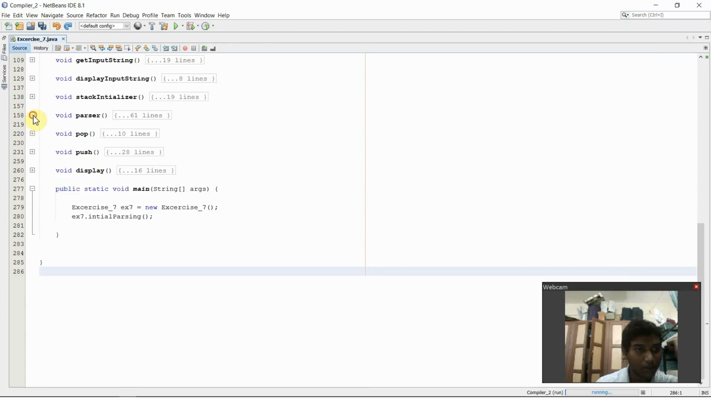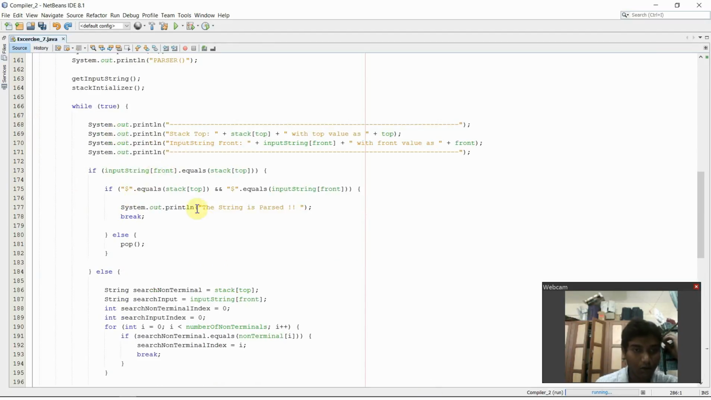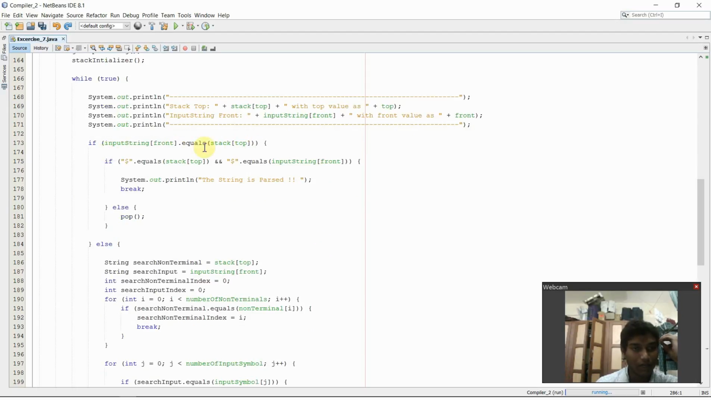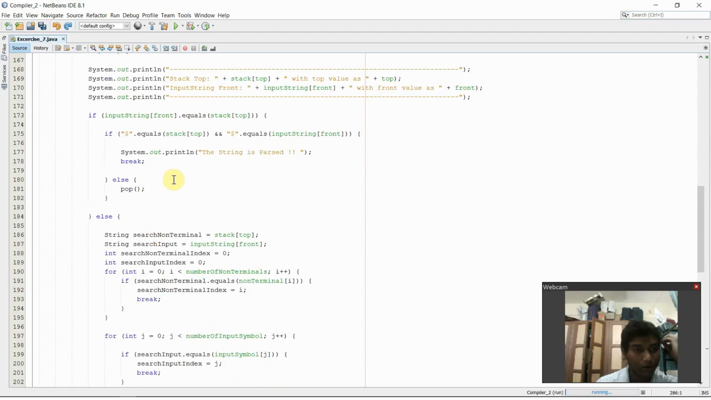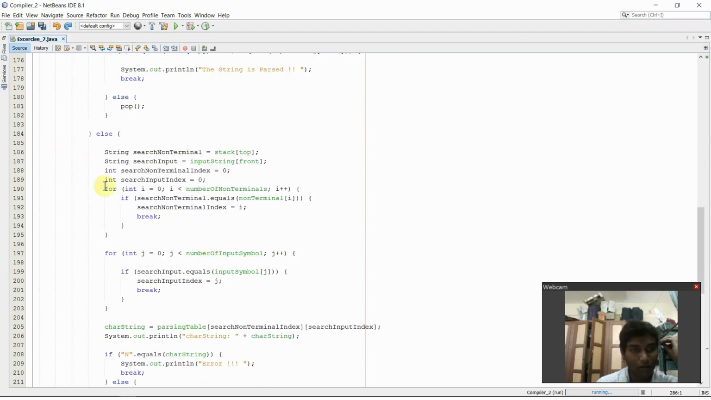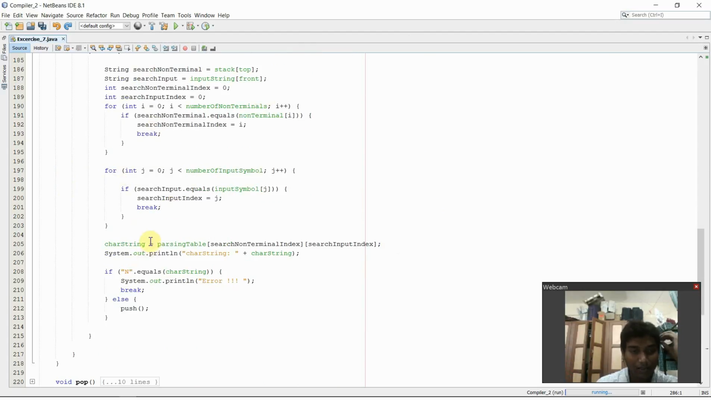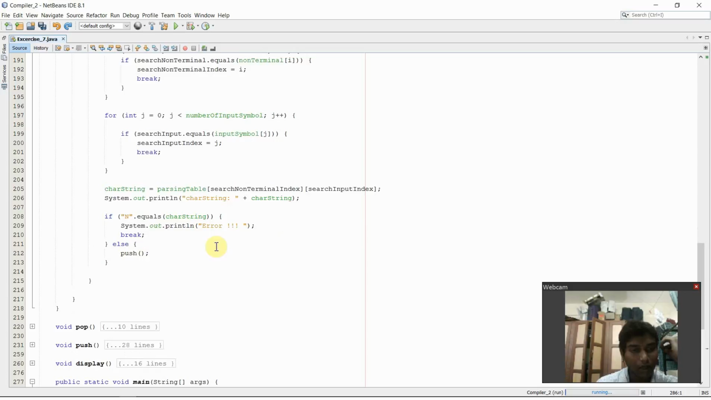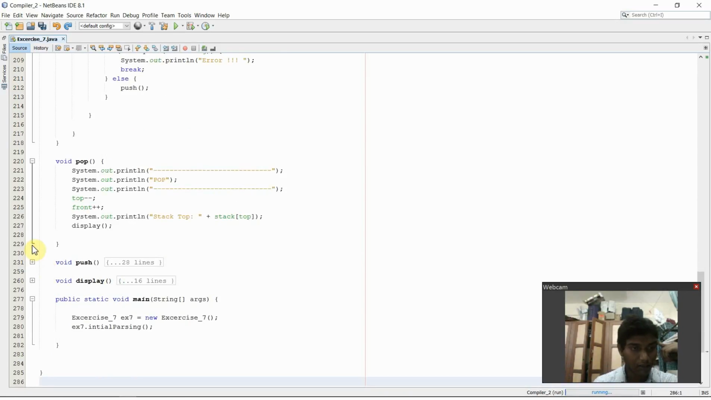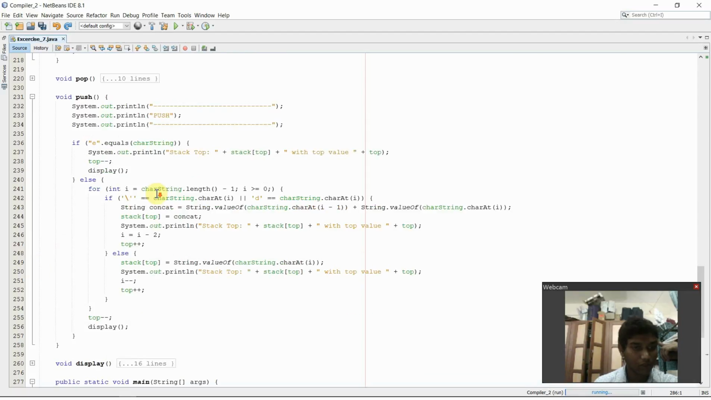Now it goes to the parser again. The parser will check the top of the stack and the input string front. If they are equal, then I will check whether they are dollar and dollar. If they're not dollar and dollar, I'll pop it out. If they are different, for example, if it's a non-terminal and input symbol, then I'll check the parsing table, get that character string from the parsing table and push it inside the stack. And this is the pop function. If it is pop, I'll say top minus minus and front plus plus. Now if it's push, I'll